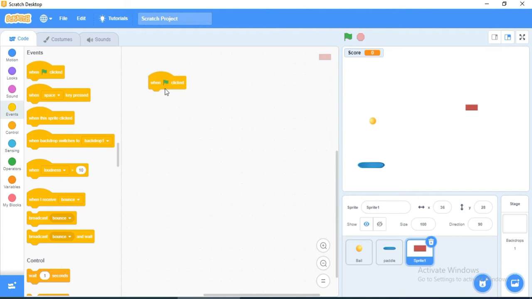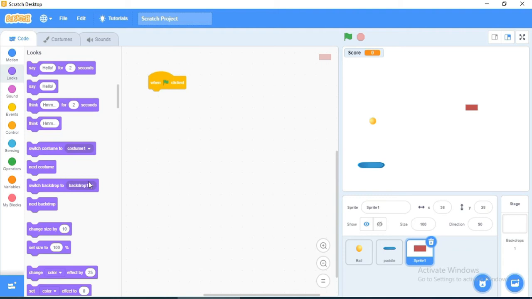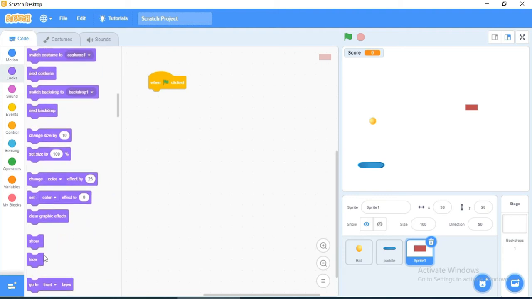Initially, whenever the flag is clicked, the brick has to hide for a little bit, and then it has to create its clones. Up to how many? Let's say I want to create 25 clones in this environment randomly. So go to control